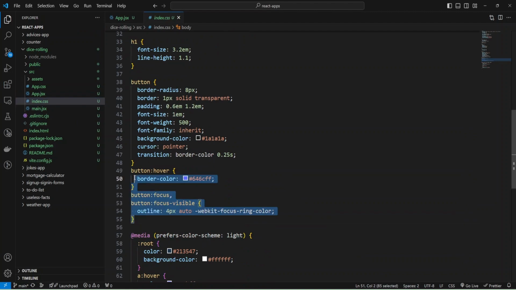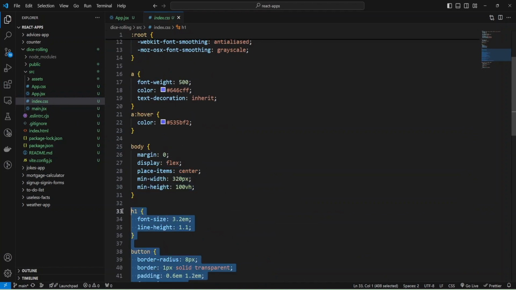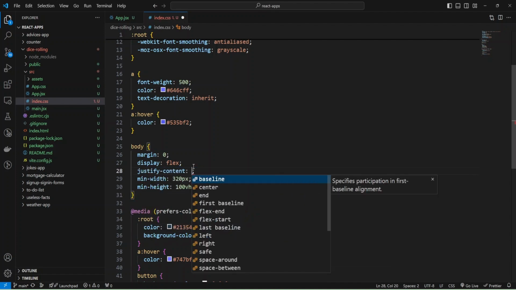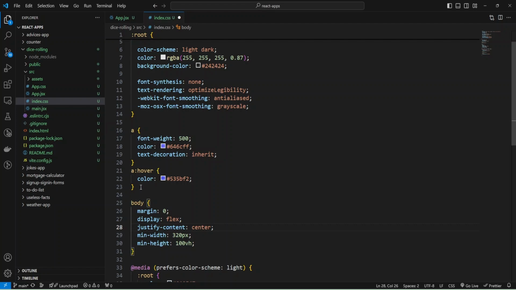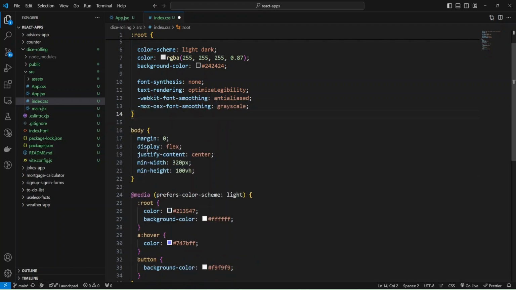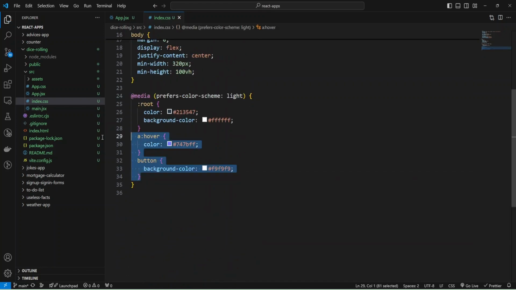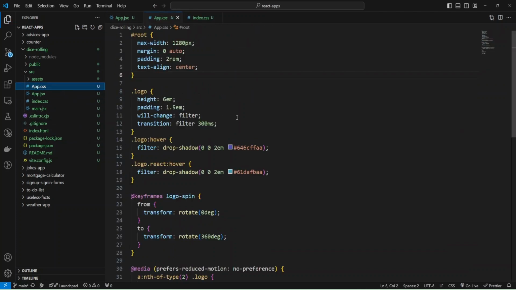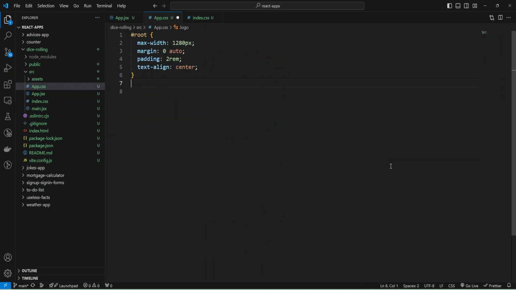I can remove all these styles for buttons, the h1 tag, and change place-items to just justify-content center, and remove this page text. And from media also we can remove these styles, and we can remove all styles from CSS except the root element.